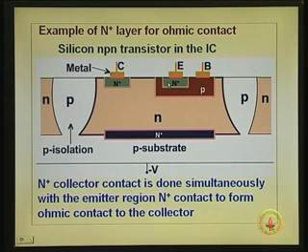Whereas here, naturally you got the n plus layer, which is the emitter layer. So, you got the ohmic contact, but you form this n plus contact to the n layer simultaneously along with this, so that you have ohmic contact here. If I did not do this diffusion here, what would happen? This metal and this n layer will form rectifying contact. You have a collector with a contact which is rectifying, which is not ohmic. It will block the current flow in one particular direction. So, that is why this ohmic contact is formed by a simultaneous diffusion of this n plus region along with